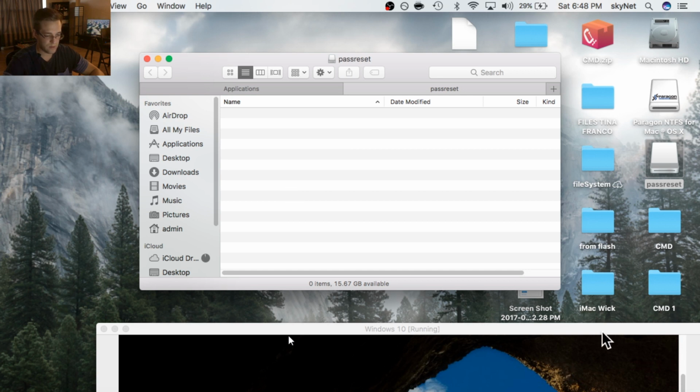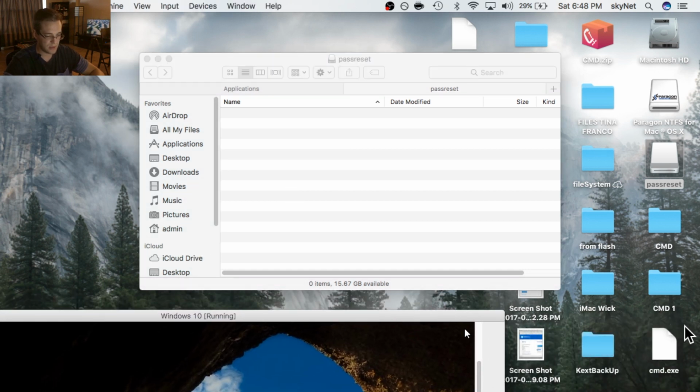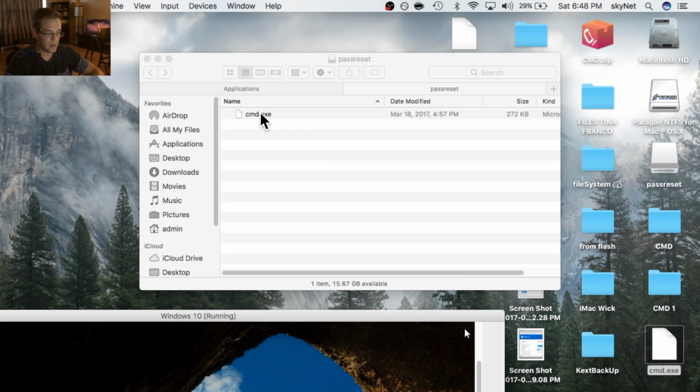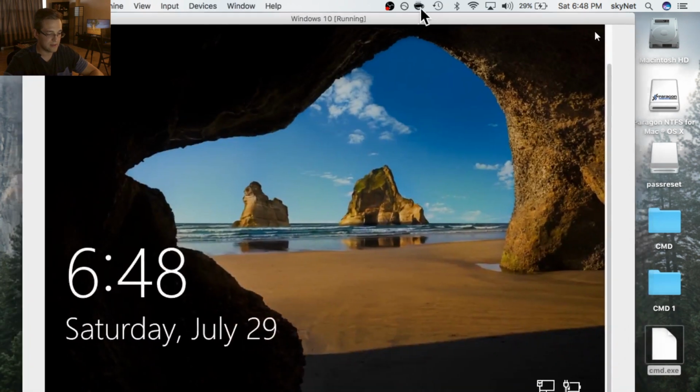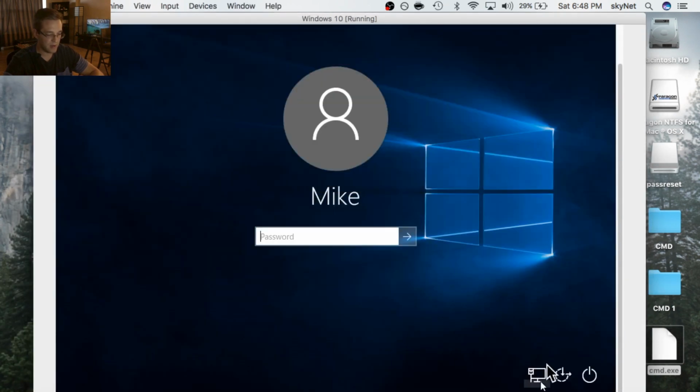Okay, and then once you have your pass reset opened, there's going to be a cmd.exe file. This cmd.exe file, you're going to rename it to utilman.exe. Now the reason we're doing this is so that we can trick Windows into thinking that this is actually the accessibility utility. So if you look at the bottom right here at the login window, if you don't know your password,